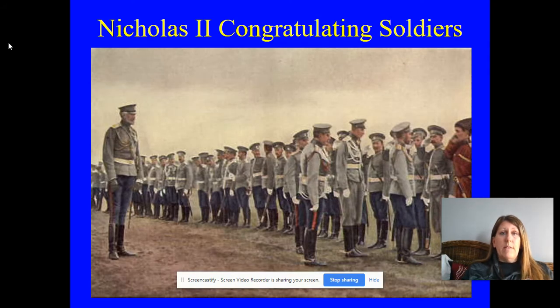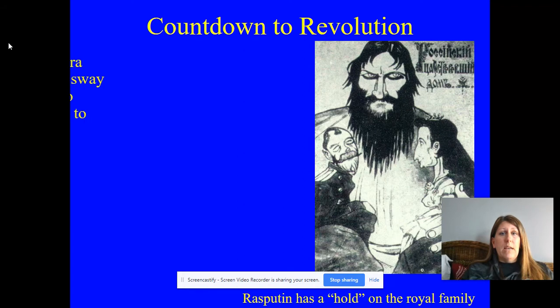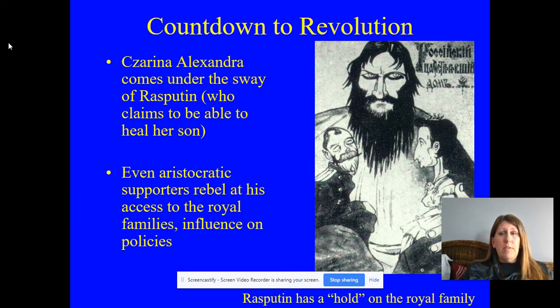These are some of the highlights. Nicholas II congratulating soldiers in the war, a little bit of propaganda there. So the countdown to revolution. So this is a political cartoon. In the background there, you see Rasputin, who was the advisor to the Tsar and the Tsarina. And it's almost like he's holding two little puppets, Tsar Nicholas II and the Tsarina Alexandra. And so it led to this very negative portrayal of the royal family